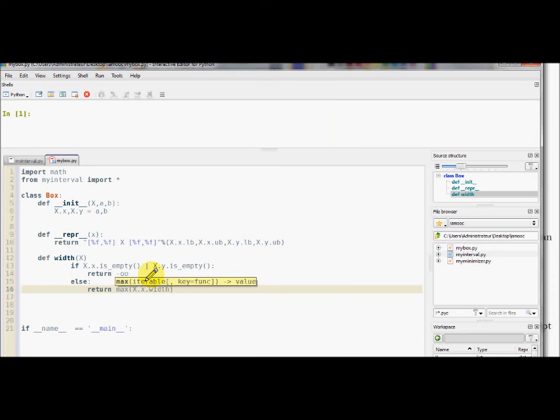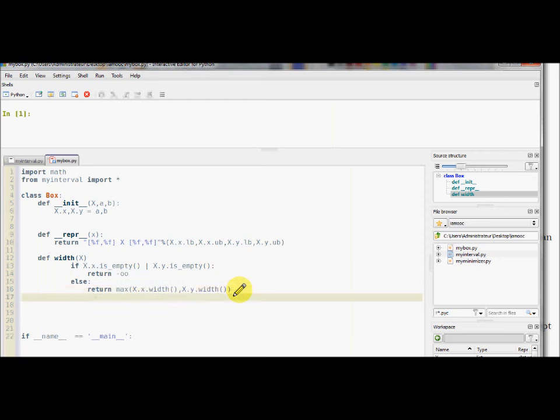So I recall that it has not been implemented yet. I will have to do it later. And for the Y component, once I have defined the width, I will have to define